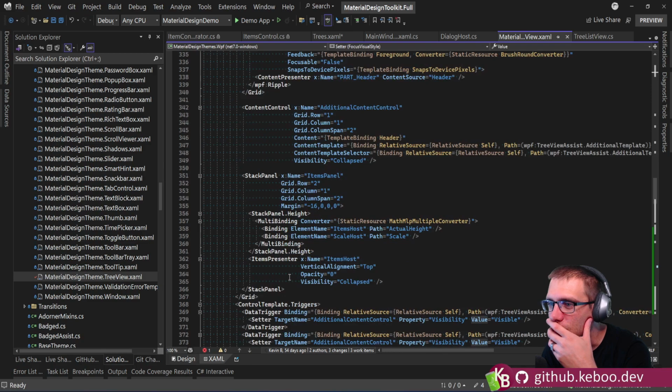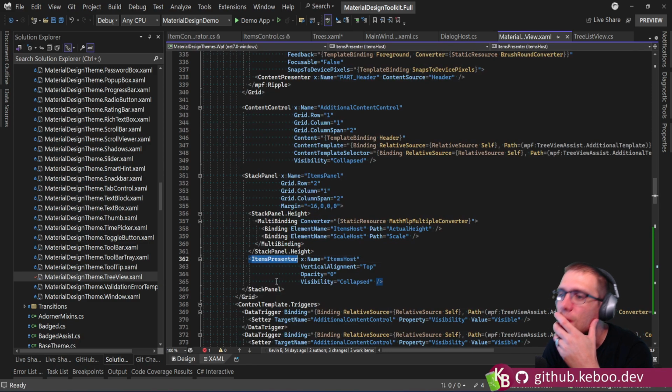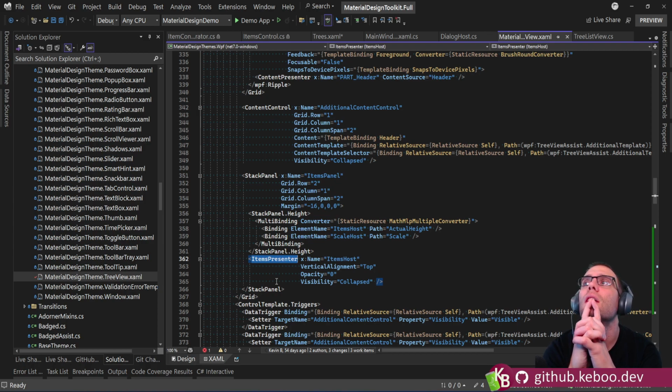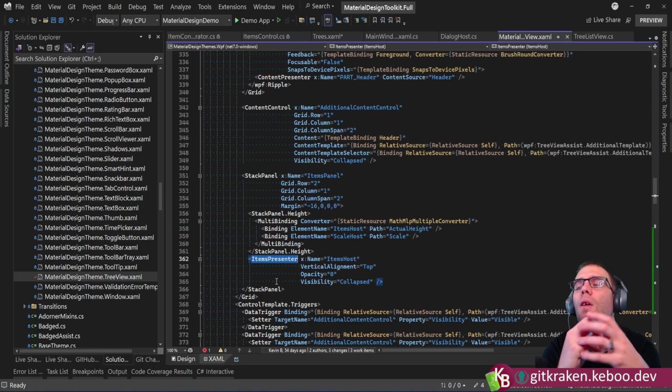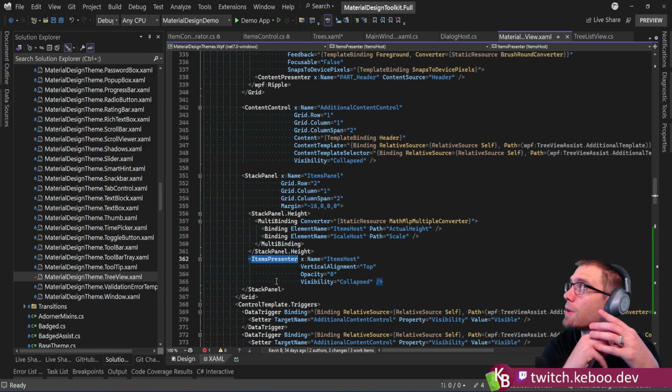Where is it? Content control items presenter. But that is leveraging the interface so that it knows where to write it to. We do not want to do that, but we could do the data binding ourselves and allow the property to exist there. Because if the template comes in,